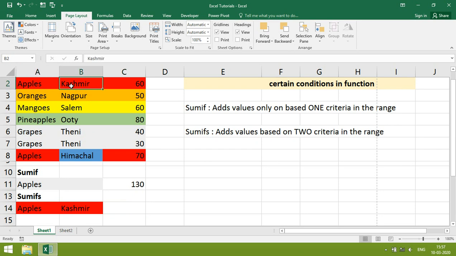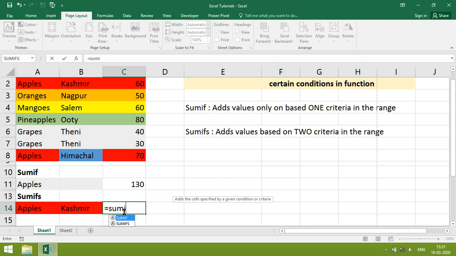SUMIFS, bracket open, here we first give the sum range, then criteria.